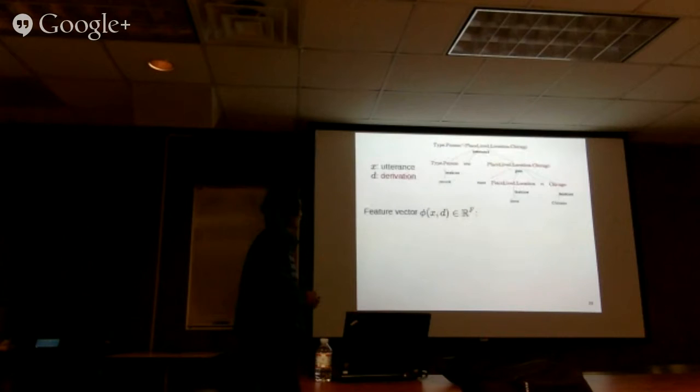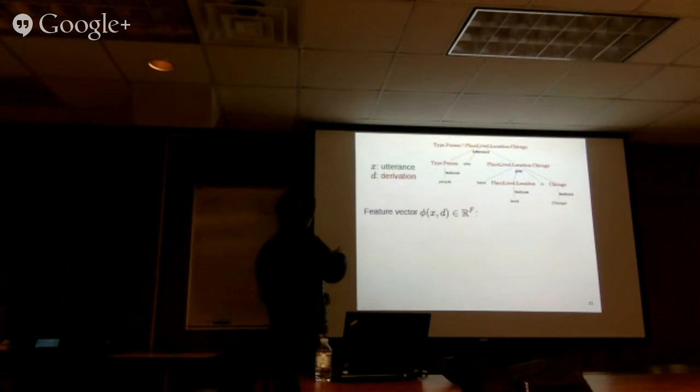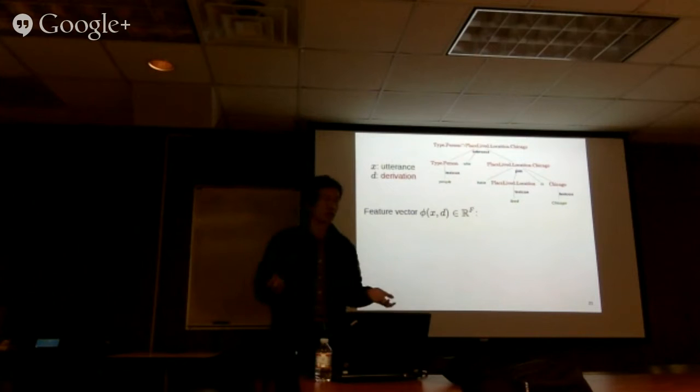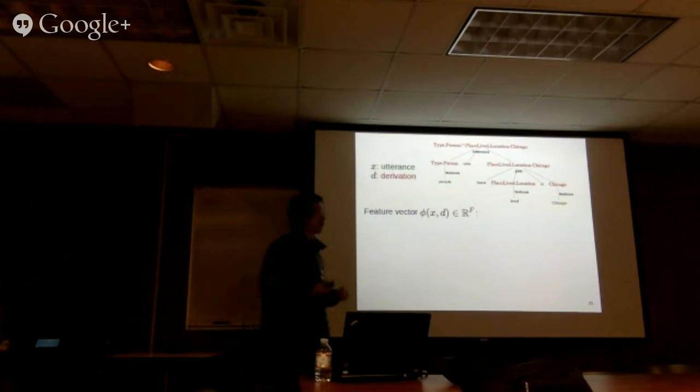But so the question now is, how do you actually score these derivations? So let's zoom in on a candidate derivation and on the utterance. Those of you who have seen basic machine learning, like classic logistic regression or SVMs, this is the structured generalization of that. And the idea is that